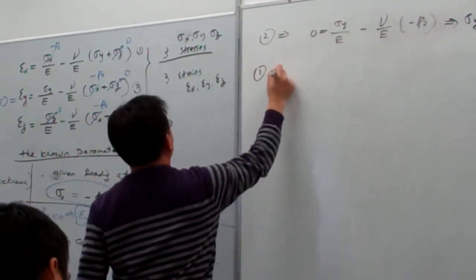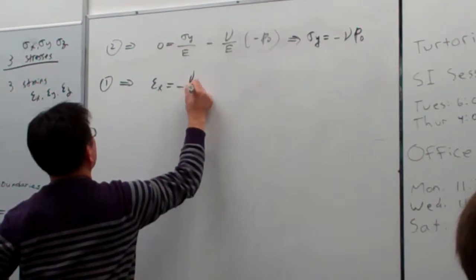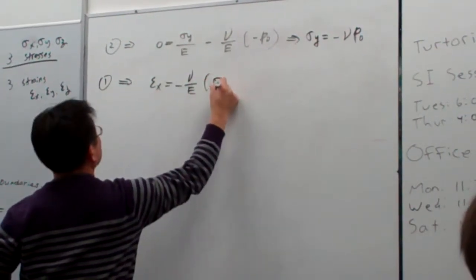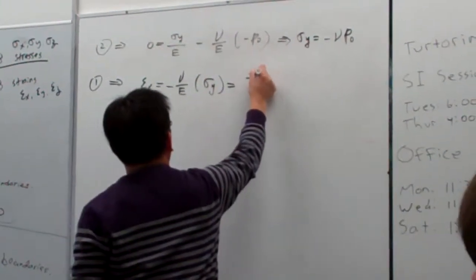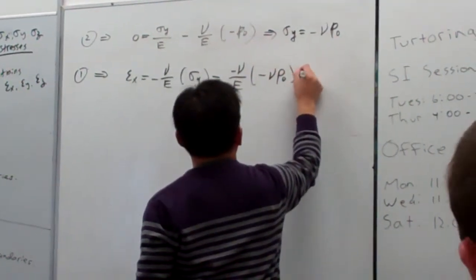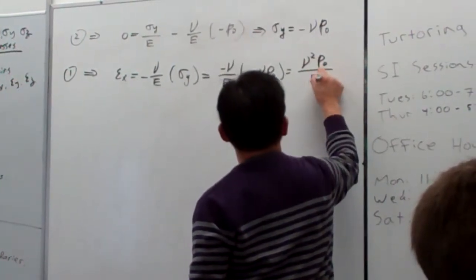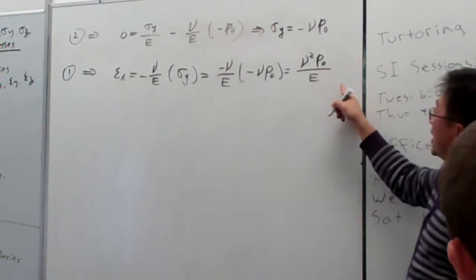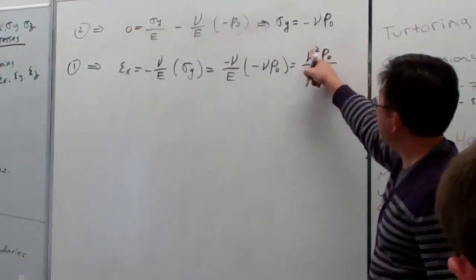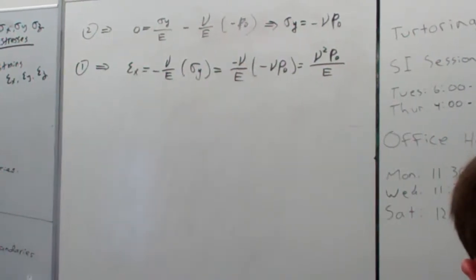Then from equation 1, we can plug in: epsilon x will be equal to minus mu over E times sigma y. I plug in sigma y, which is minus mu p0, so that is mu squared p0 over E. So epsilon x is that big, and the quantity is positive. So in the x direction,